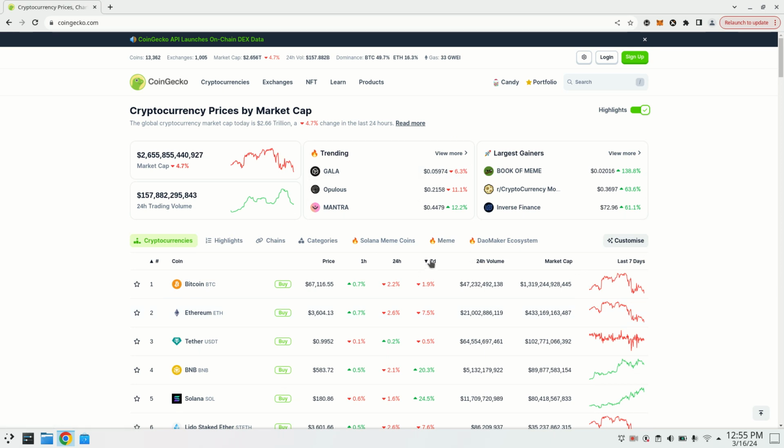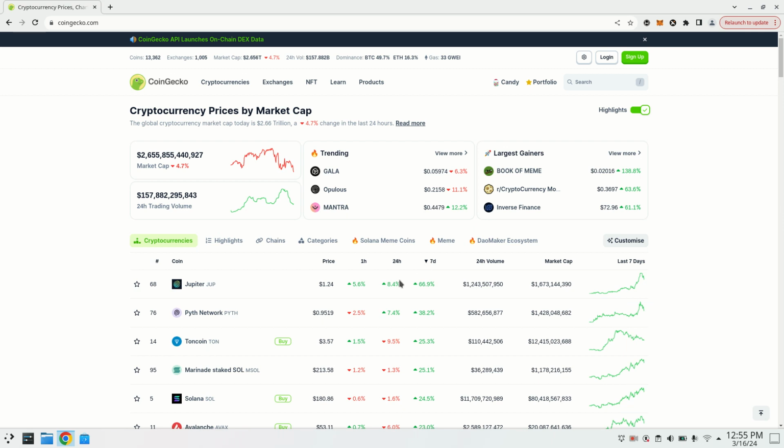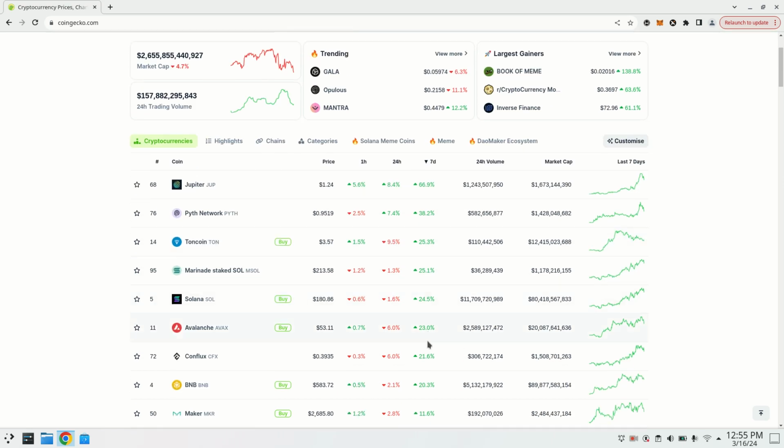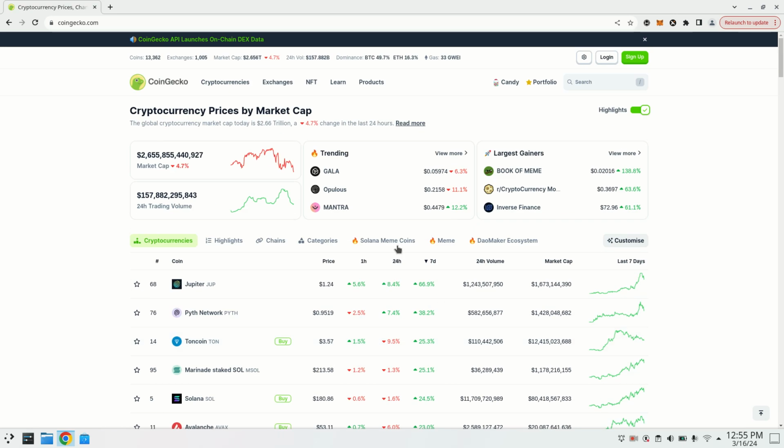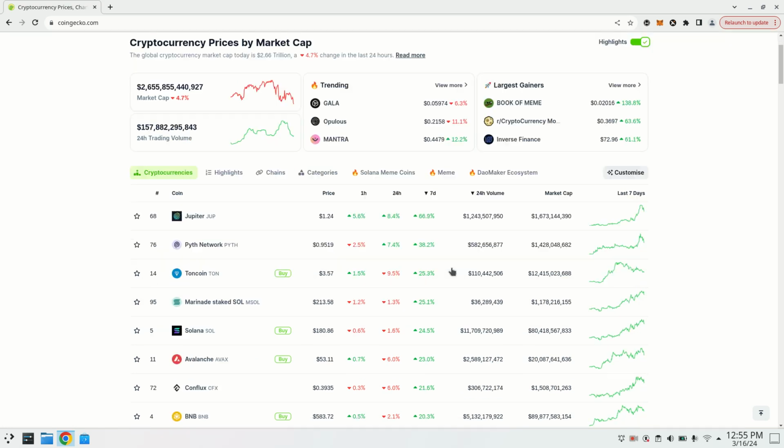So we could click here 7 day, right? We could see Jup, Pit, Toncoin, and another. And we could learn what that is, right? Is it quite good for us to invest, for example?